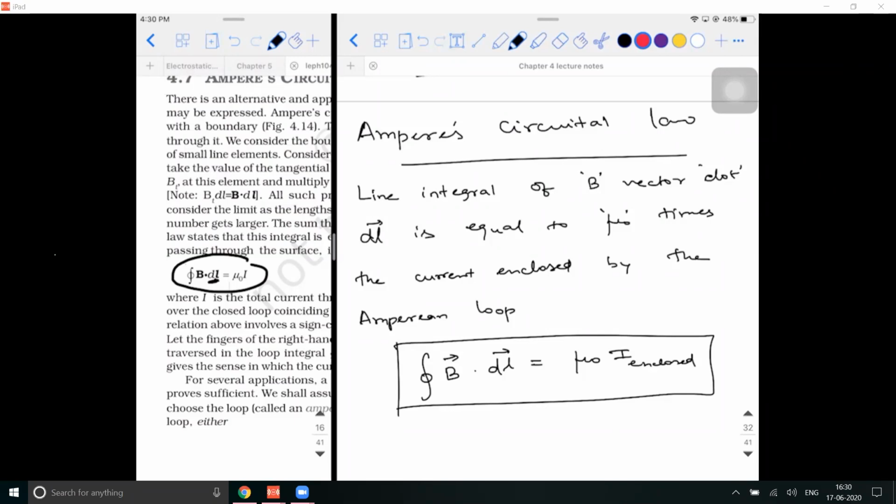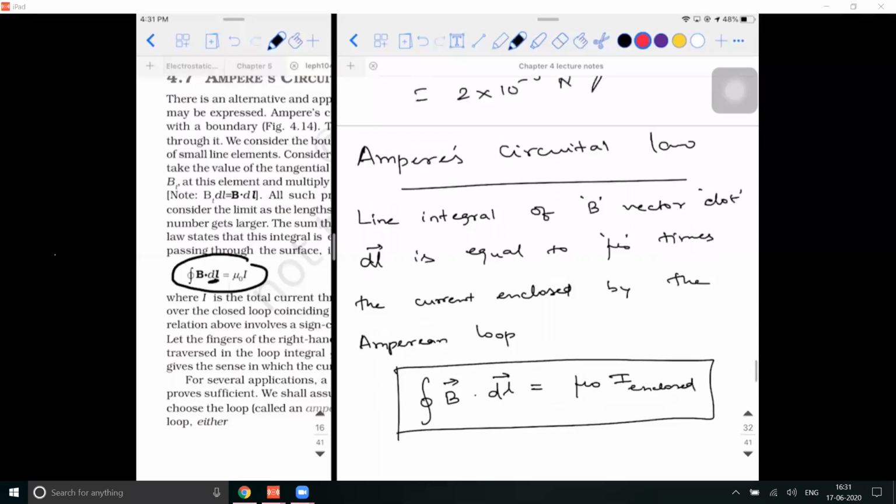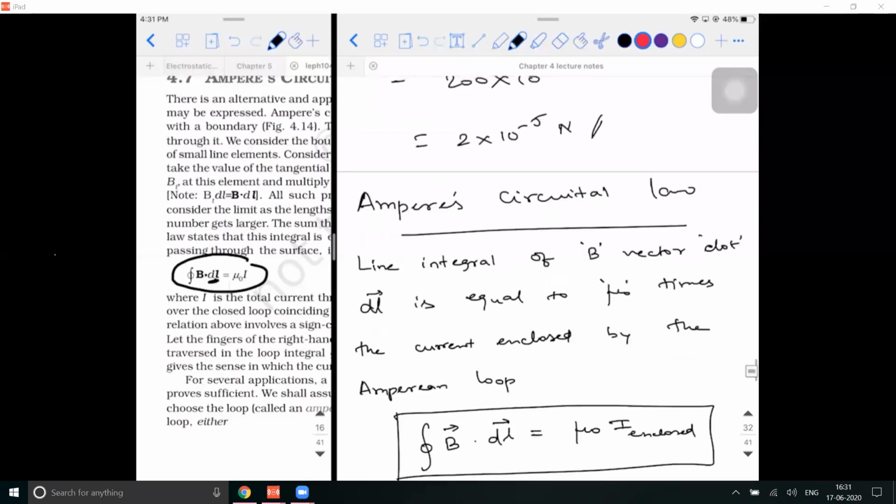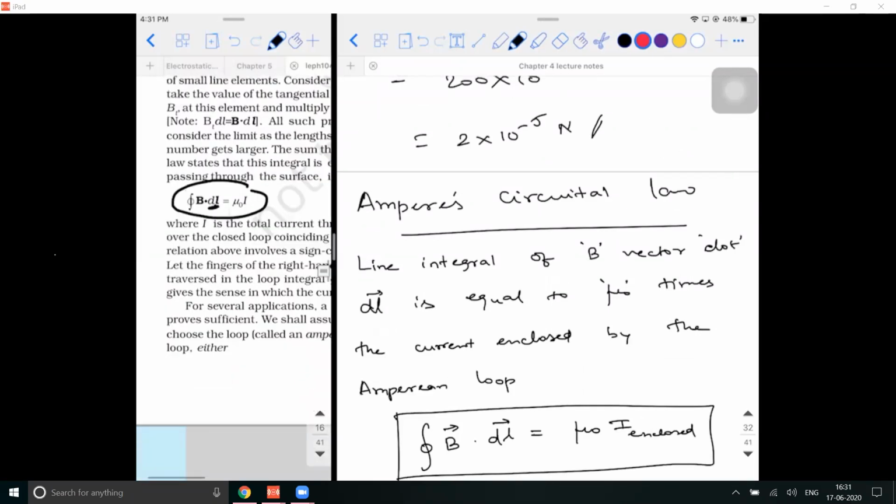Okay, this is going to be the expression. One common factor, if you observe: whatever you have learned in electrostatics, you learn it in the next chapter also, in the name of magnetism. So that time, everywhere you had epsilon naught will be replaced with 1 by mu naught. For example, in this chapter, wherever you had 1 by 4 pi epsilon naught, this 1 by epsilon naught got replaced with mu naught. That is why you have the constant as mu naught by 4 pi. So everywhere this kind of replacement takes place.